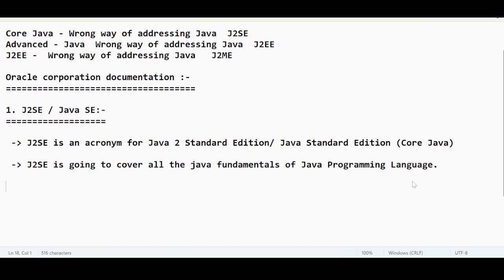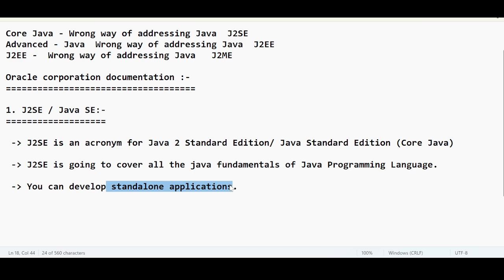Right? So the next question could be triggering in your mind. Okay, after learning this J2SE, what kind of application can I develop? It is a very valid question. What kind of application can I develop? Okay, I have learned J2SE. Then what is the next? Okay, you can develop standalone applications. What does it mean to be a standalone application? Do you have any idea about standalone applications? These are very popular applications.